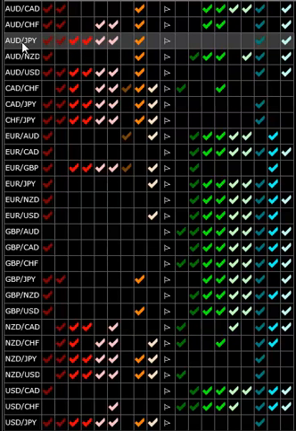So if we're looking at the Aussie Japanese yen at this point, then we would see that this is in a pretty bearish trend based on the 4-hour, 1-hour, and 15-minute charts. These last three check marks have to do with momentum, and I'm using some various indicators here on various time frames, and the time frames that are measured in these final three columns here are the 4-hour, 1-hour, and 15-minute